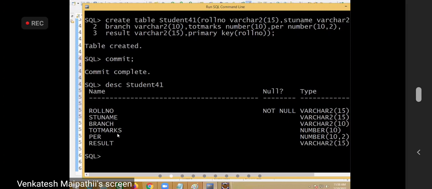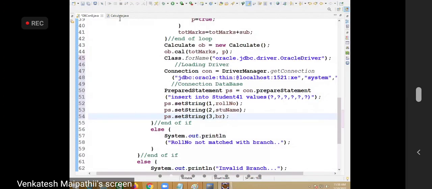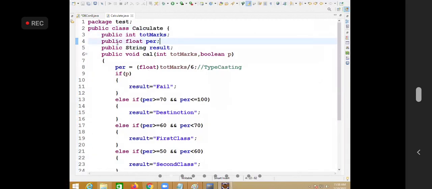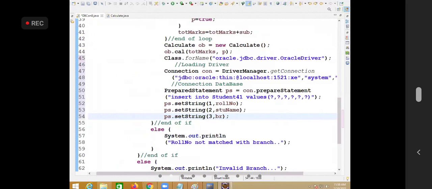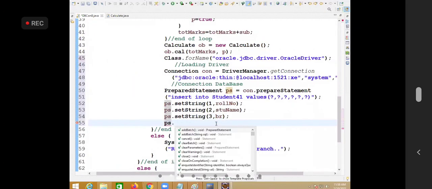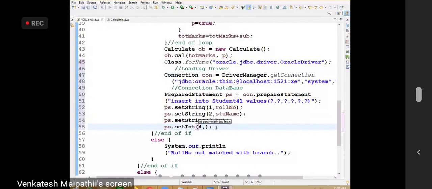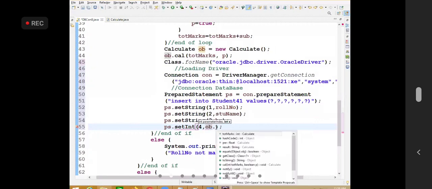Total marks. Now the total marks are available in calculate. How to access from calculate? So PS dot set int, total marks, index 4 now. How to access total marks now? Calculate object name, OB dot total marks. Yes or no?